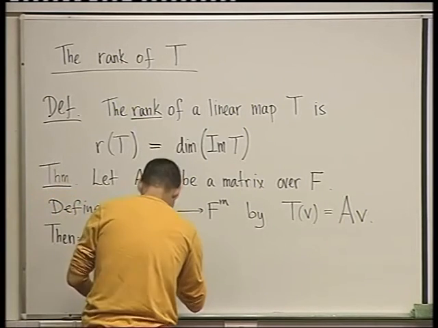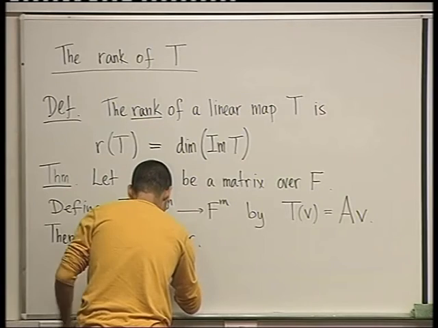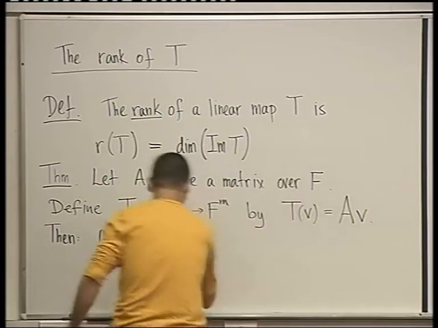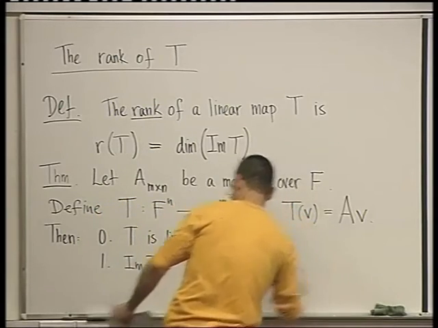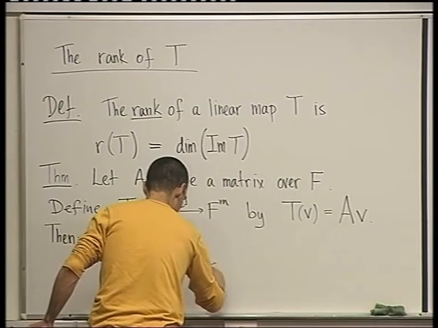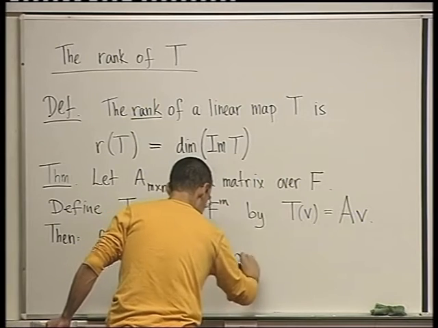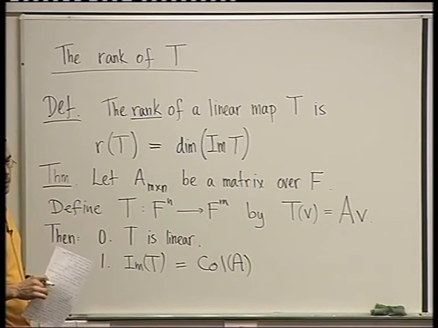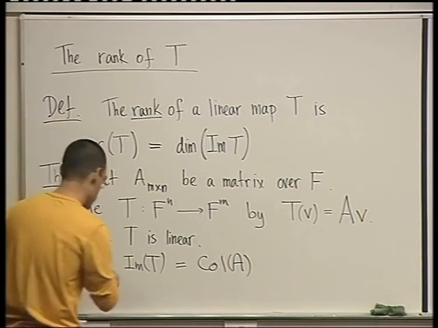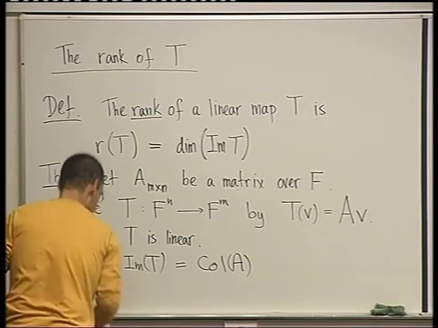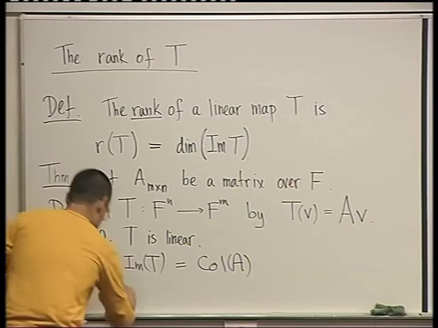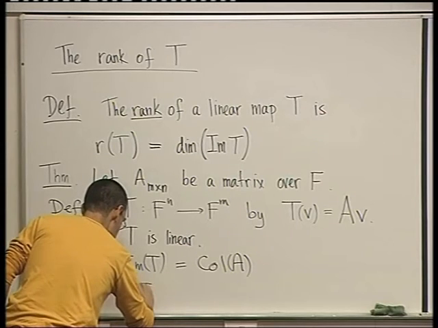And the way it's related is the image of T equals col of A. The image is the column space of A. Okay? We're going to see it. It's not too difficult. 2, which is what I referred to before writing this theorem, the rank of T